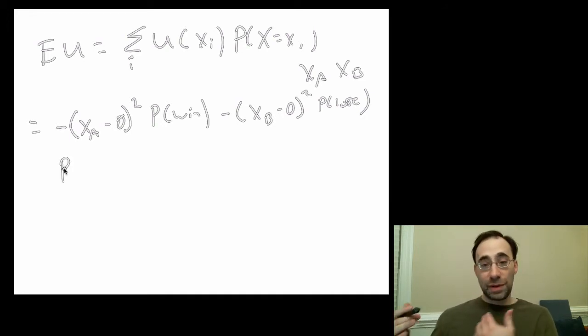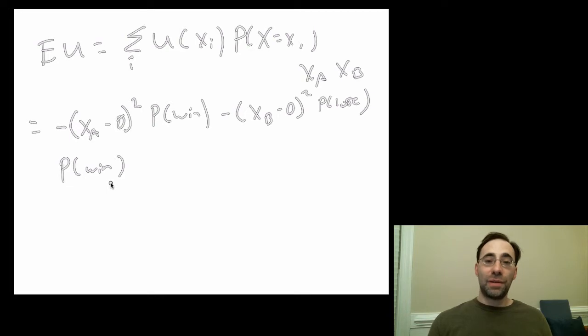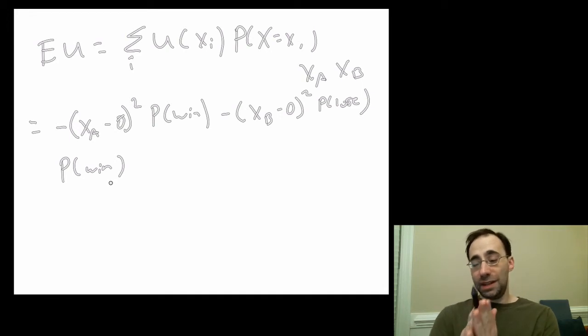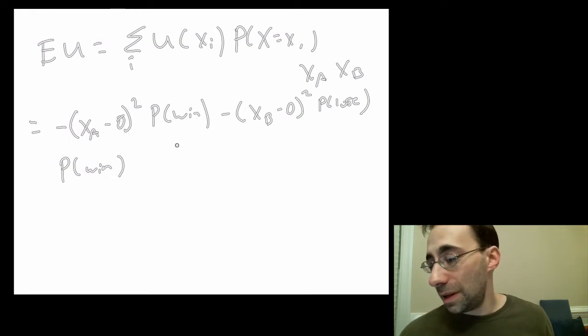Well, first of all, we've written an expected utility out, so that's good. Second of all, we need to know p win, and that's going to relate to the probability stuff we've dealt with before. What's the chance of winning? Is the chance that the voter, the median voter, is between 0, assuming you locate to the left of B, and the midpoint between A and B. The midpoint